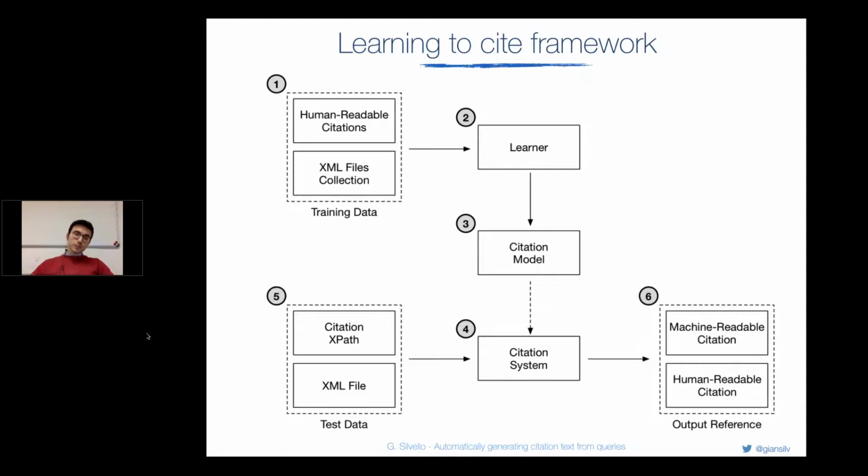So once we have this model, we plug it into our citation system, which works pretty much like the RDF system we have seen before. We are given the text data, but the text data are basically the user queries. And for XML, user queries are XPath or XQueries. Then, with the system and the path, we just produce the output citation.